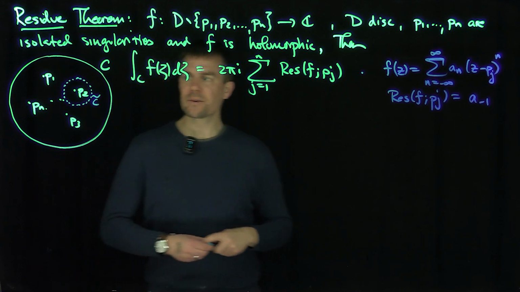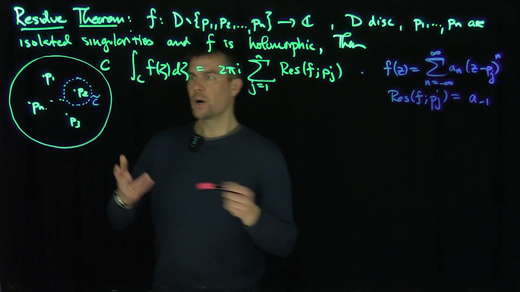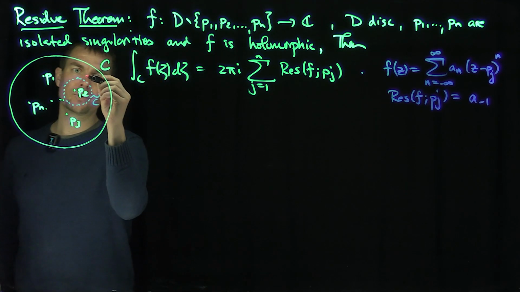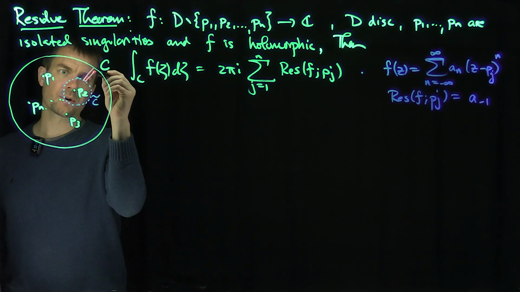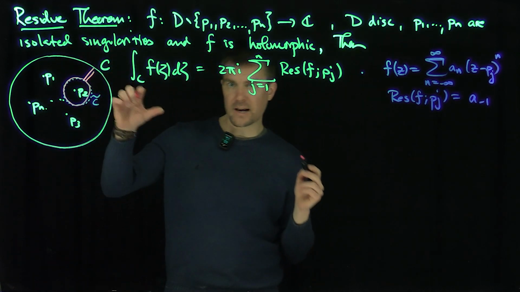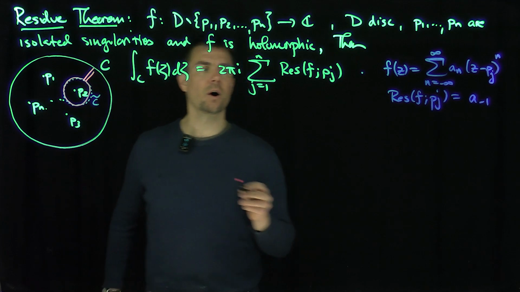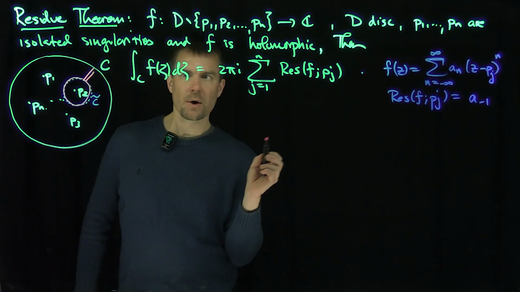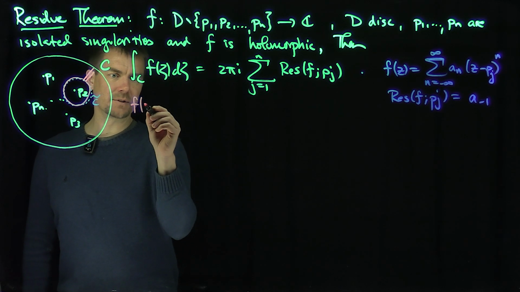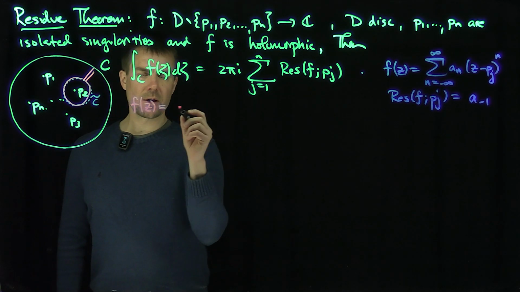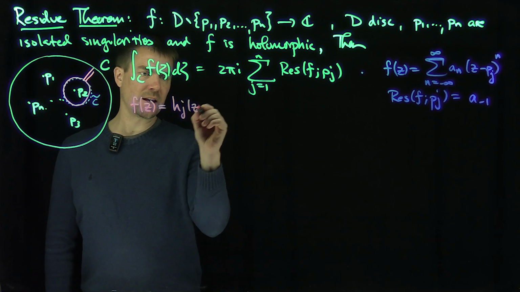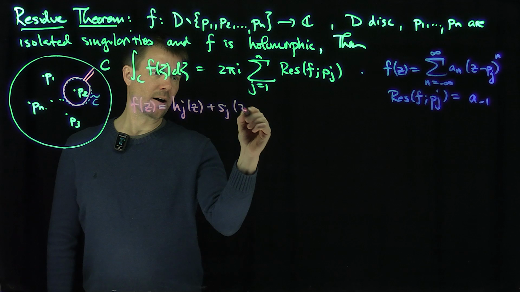Good. So how would you prove this? Well, it suffices to draw all these little keyhole contours and use the Cauchy theorem. In other words, you want to draw all these keyhole contours and then use the proof of the Cauchy integral formula. That would be the technical idea, but we've already done that. So I can say the following. Near any pj, f of z can be written as hj of z plus sj of z,